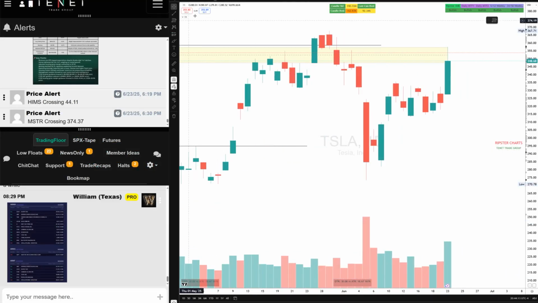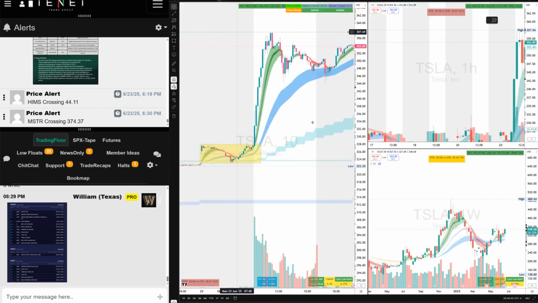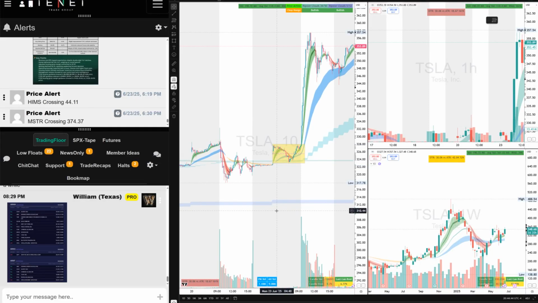Let's look at the daily chart. Always look at the daily chart when you're planning your trade. You see that there was this downtrend line break, a little tiny flag. That's fine. Not only that, there was this range break. So what is a range break? A range break is when a stock is moving up and down between a range, and then that range breaks out. You can even make it a shorter range. You can see these tiny 3 candles here, or you can take it up. So this is called a range break. So you have news, you have a technical setup, you have a range break. All that makes it a very, very strong catalyst.